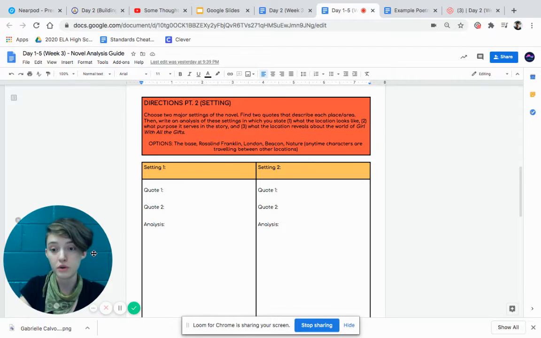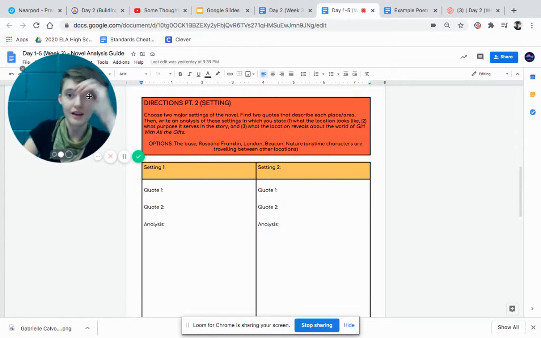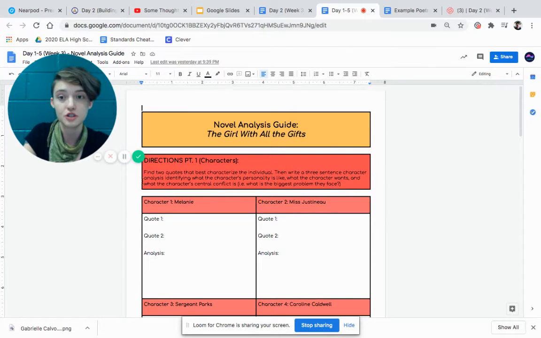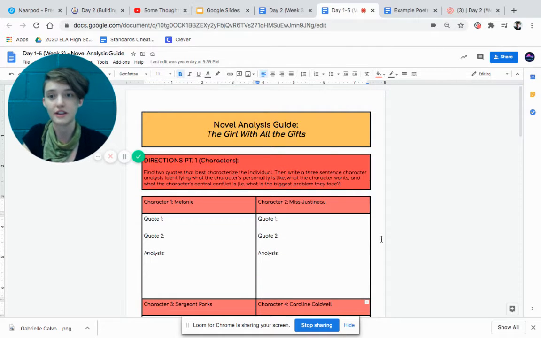If you were in person yesterday, I might not have had time to walk you through step one of this sheet. So go back to yesterday's Nearpod and look at this section. Basically, this is a novel analysis guide. It's just here to help us collect our thoughts about The Girl with All the Gifts. You want to have it mostly filled out by the end of the week, and then you can have it up with you, and it'll be a really good way for us to get our thoughts together before we actually talk about the book on Thursday. This whole thing will be due in its entirety on Friday evening.